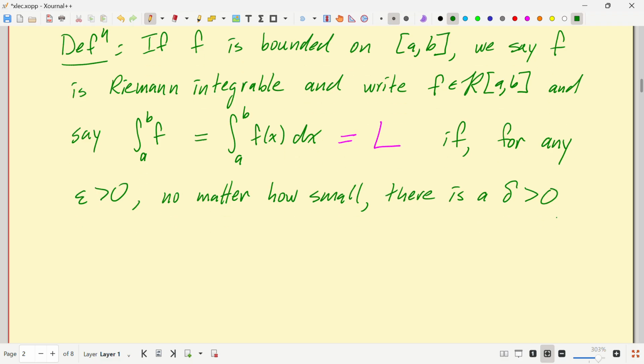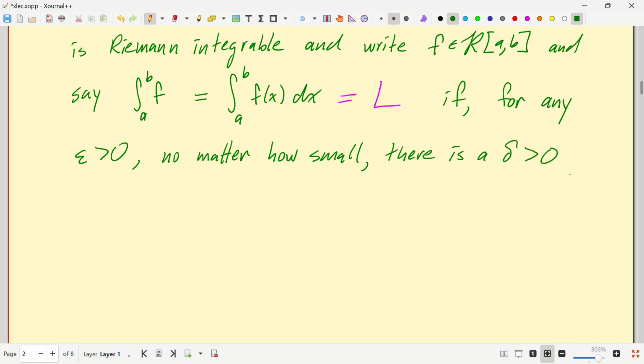I guess I'll add all these words. There is a delta, which probably depends on epsilon, such that